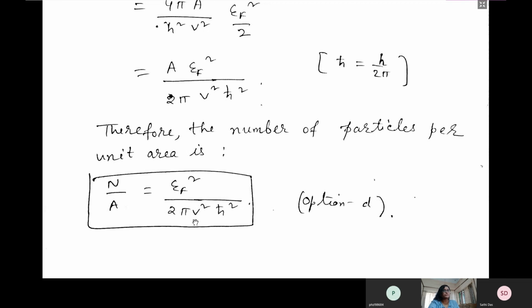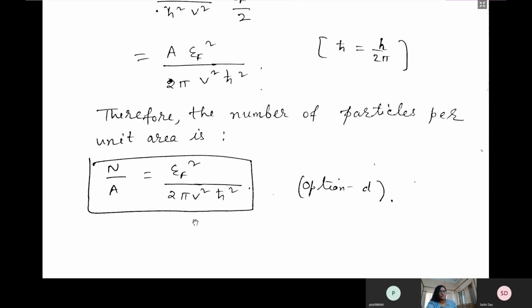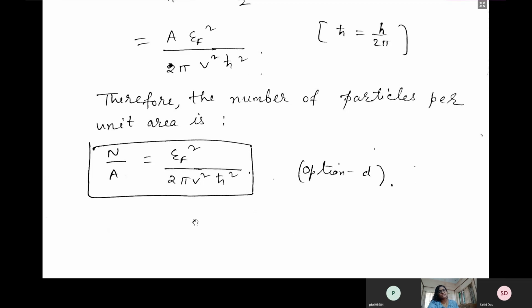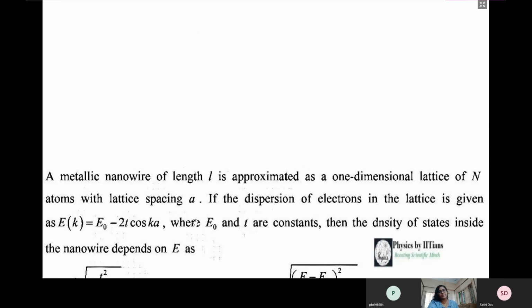Okay. So this is the same question, and look here, this type of question repeats each year, and you have to understand why we are taking this consideration for the density of states, because if you find out the density of states, you will get directly the energy levels from that, you will get the number of particles from the density of states, so it has huge application.